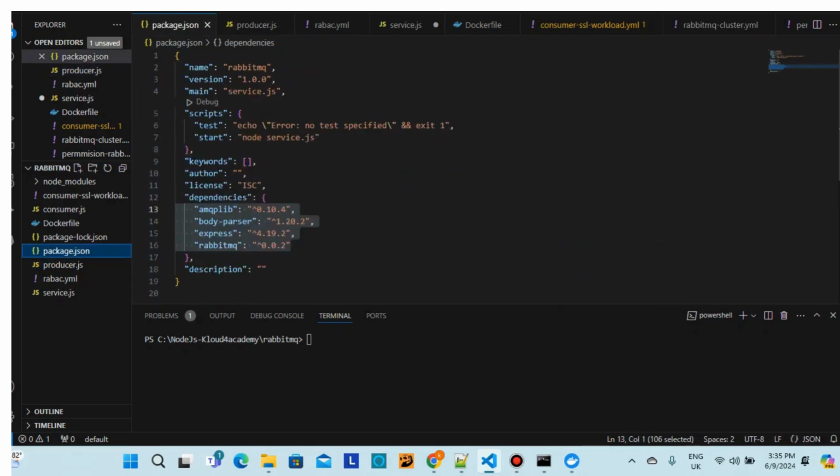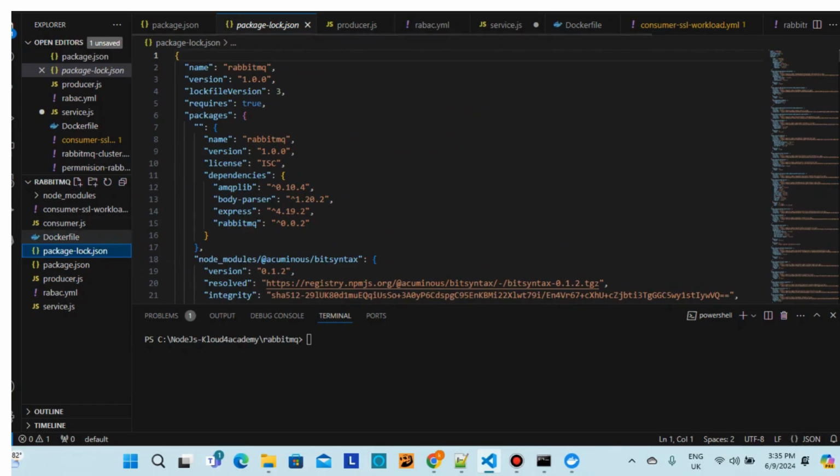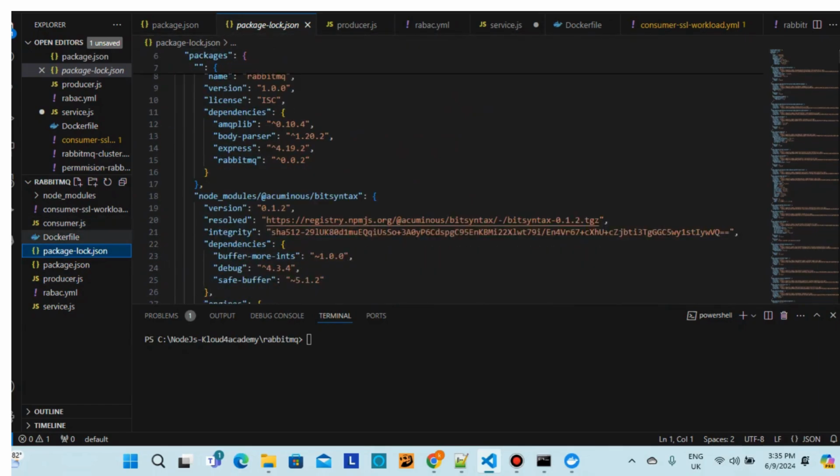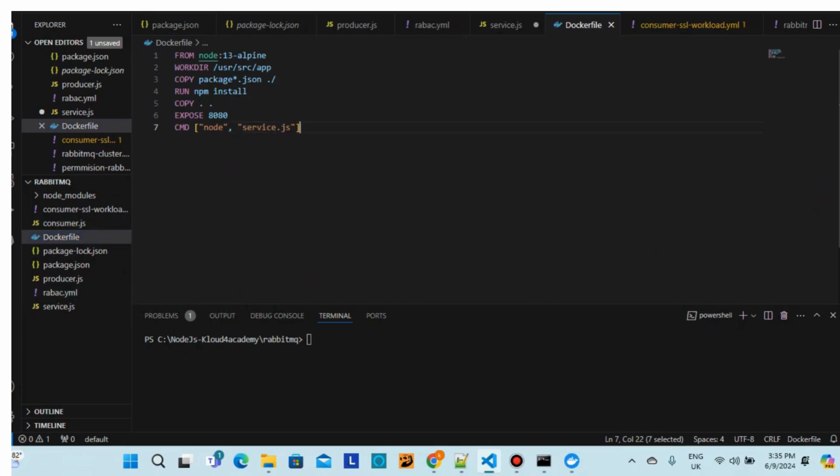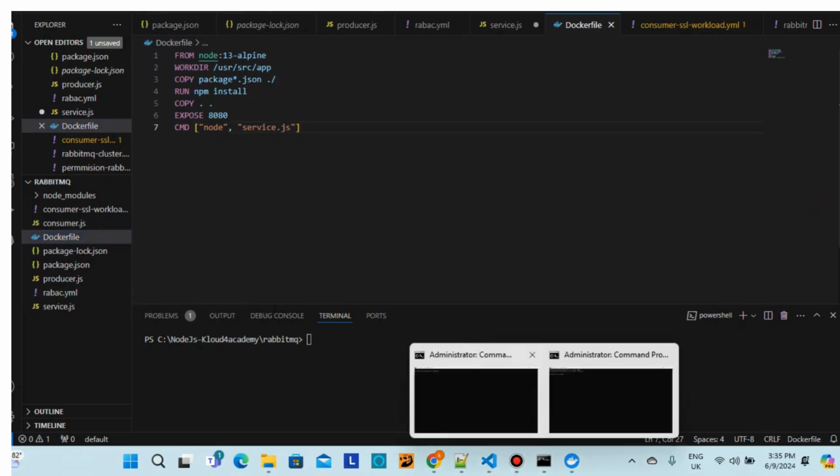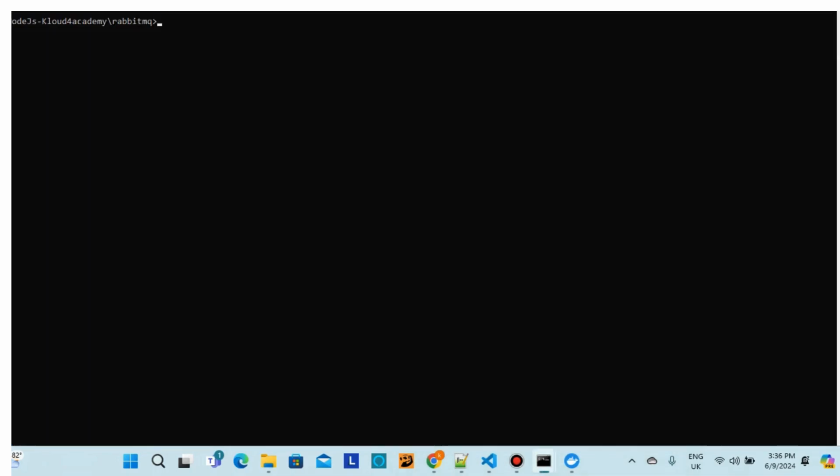And then package.json I have already shown. This has details about all the dependencies. It's a Dockerfile. That's it. Once we are done with it, we will go to this root folder, the RabbitMQ folder, right? I just went to the RabbitMQ folder, and Docker is started. So we have to build a Docker image. Docker build in the current directory